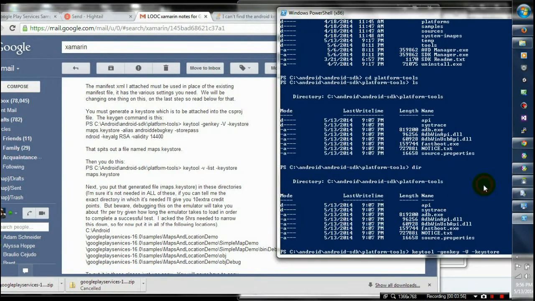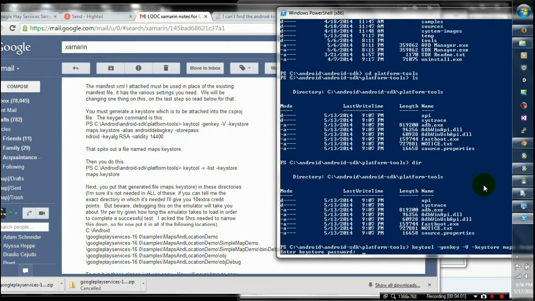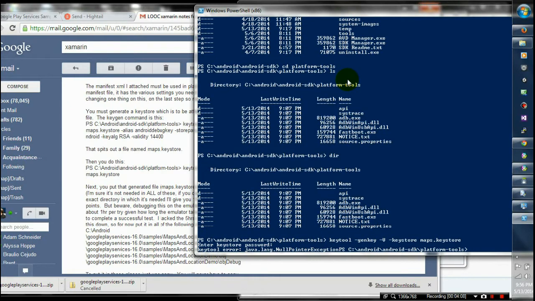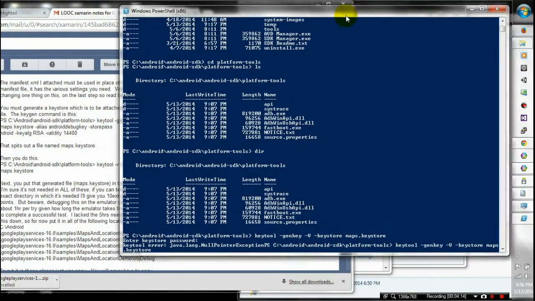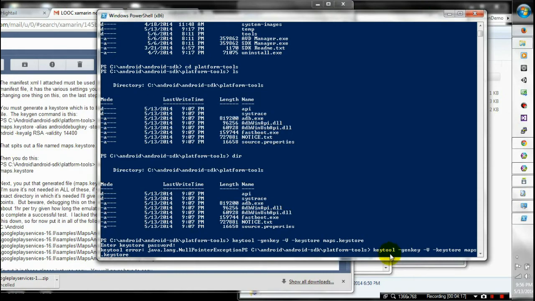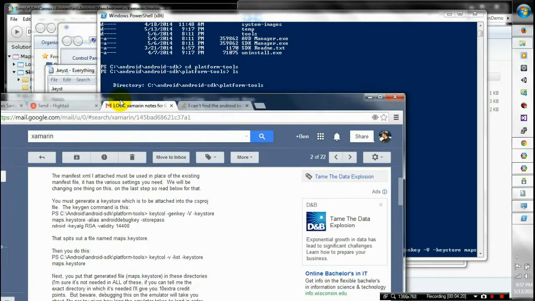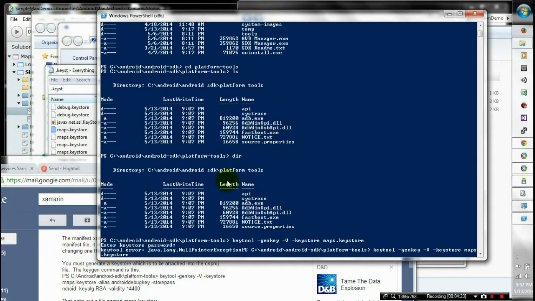I gave myself some notes here, and then maps.keystore. Oops, I didn't do that right. You want to enter in the password as well, so it should be keystore. keytool -genkey. I'm going to put this down here because this is the path we need. keytool -genkey -v -keystore maps.keystore -alias androiddebugkey -storepass